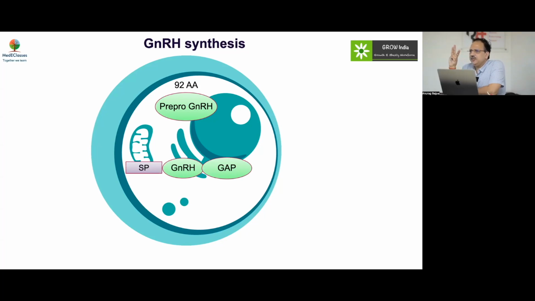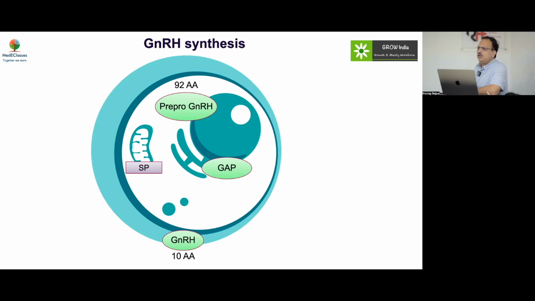TRH has got only 3 amino acids. Thyroxine also you can talk about in that sense, but if you talk about hypothalamic hormones, TRH has got only 3. GnRH has got 10, AVP has got 9. It is a nonapeptide. So now this GnRH is a 10 amino acid one which is released,